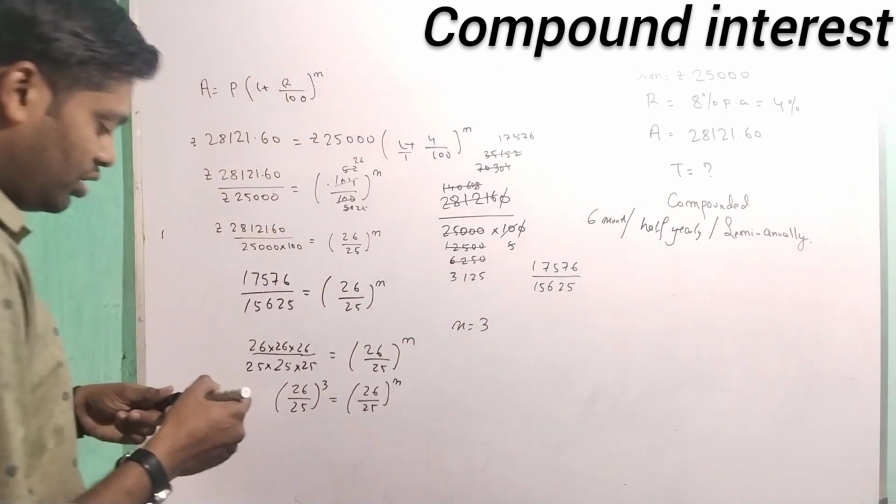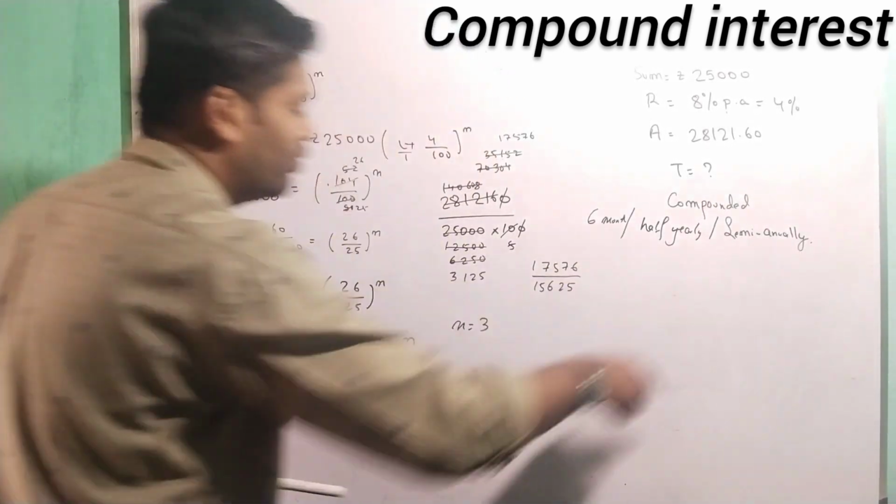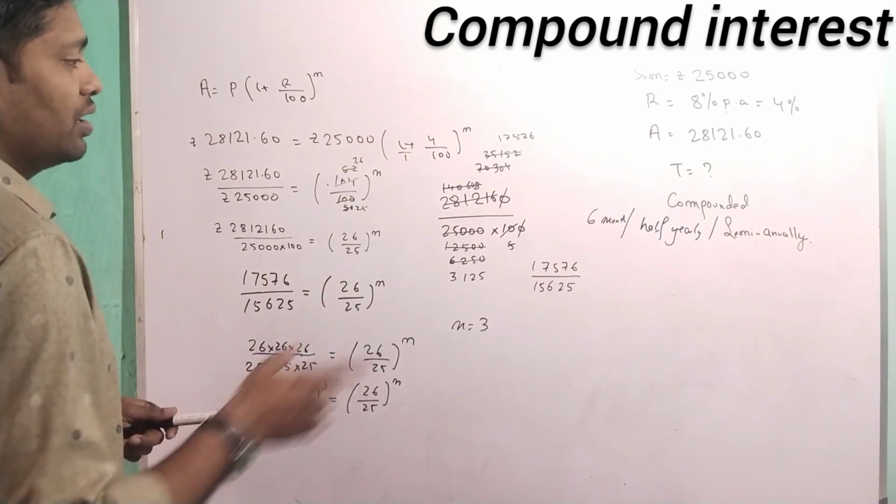So we got n equal to 3, but it is about semi-annually. If it is annually, the answer is right. But